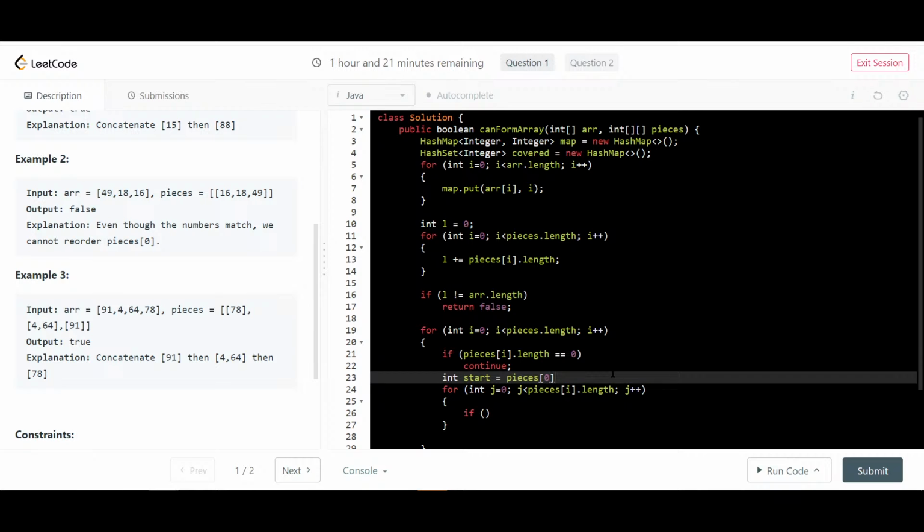Pieces of I, 0. And now what you want to do is if